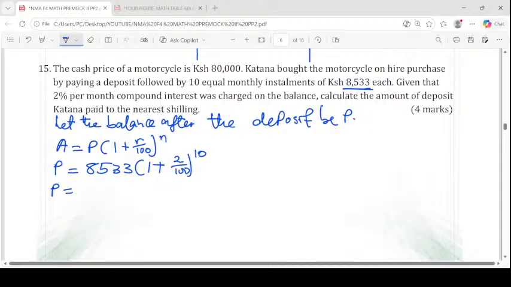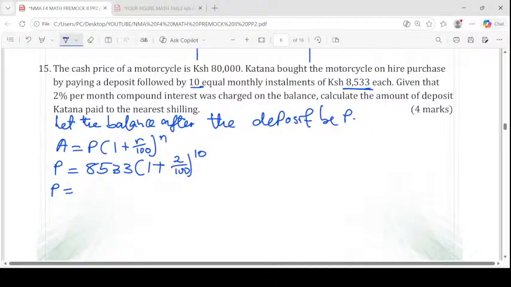But remember the balance after the deposit, that is the remaining amount to be paid, is equivalent to the value of the 10 equal monthly installments. That is one thing that I want my learners to understand. I think the best we can do here, they follow 10 equal monthly installments of this amount. So the final amount paid by these people, maybe even before I apply